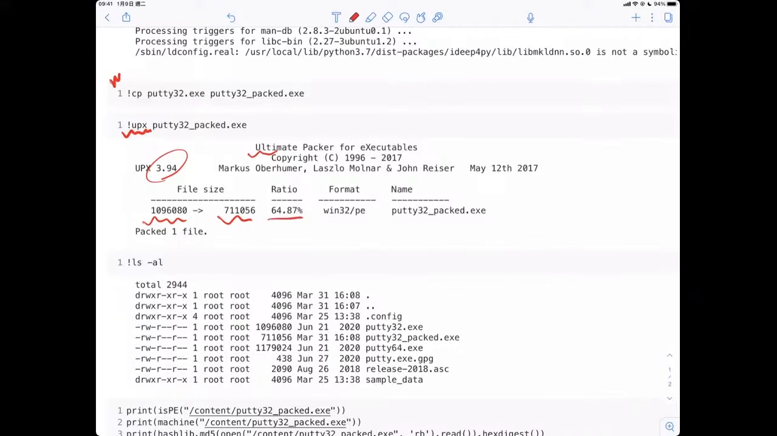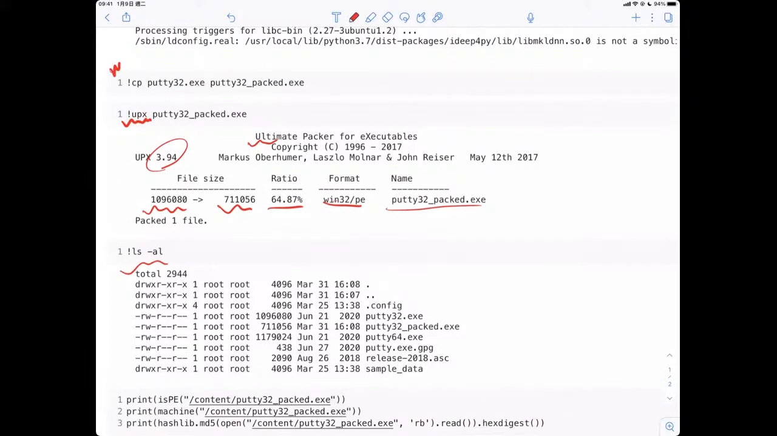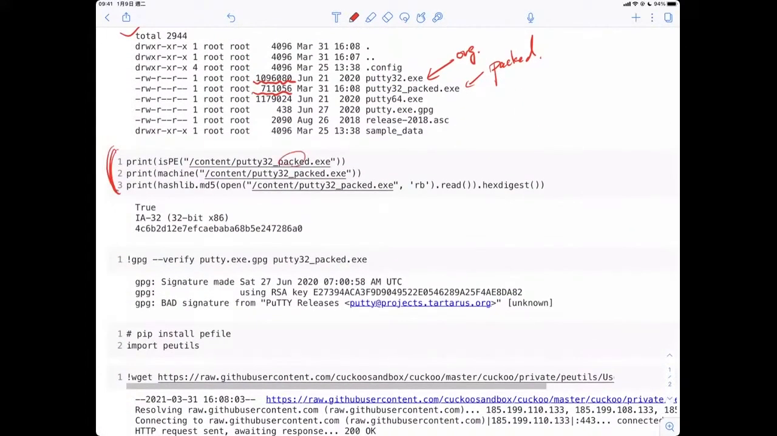The compression ratio is right here. The original format is Windows PE files, and after that is packed. Again, we can see that is the original one, and that is the packed. And we can see that the file size is a little bit different. So let's take a look at this packed file by using the PE package, it says,